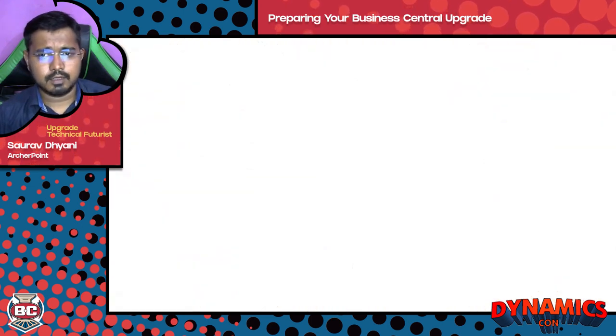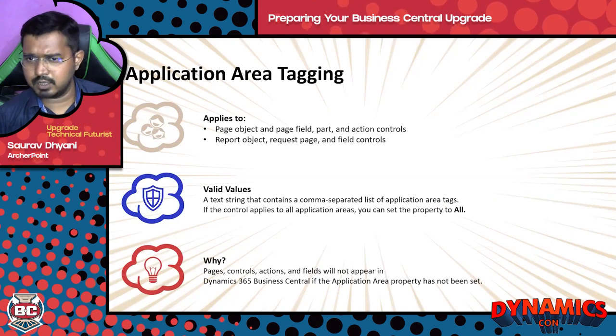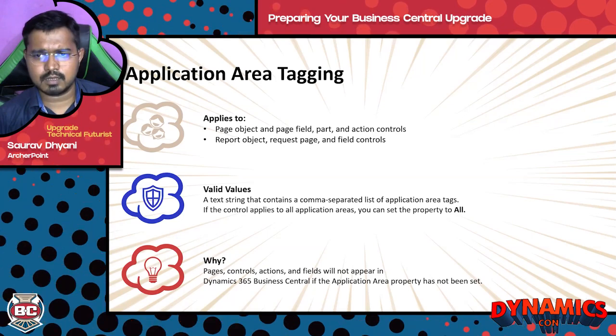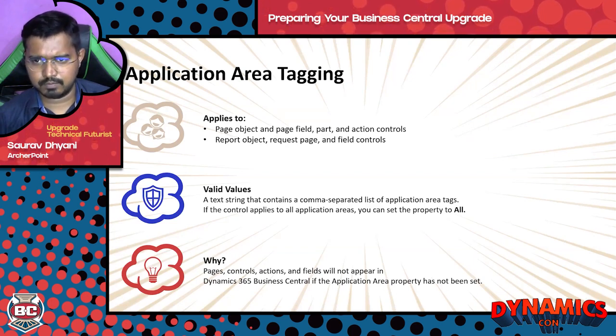The second thing that you'll have to do on the property changes is application area tagging. Application area represents a feature that the system provides to define different user interfaces. The way it works is that application area is mapped to controls and fields on the pages and reports. So this property only applies for pages and reports,